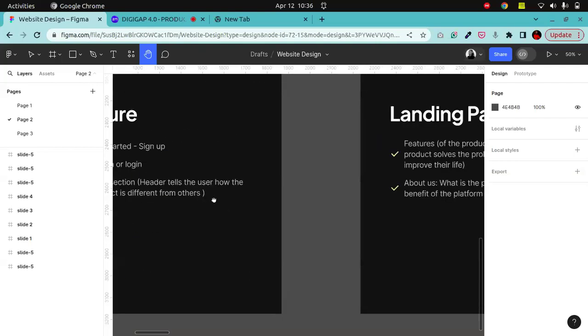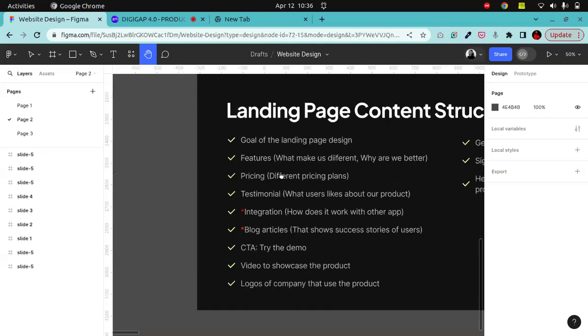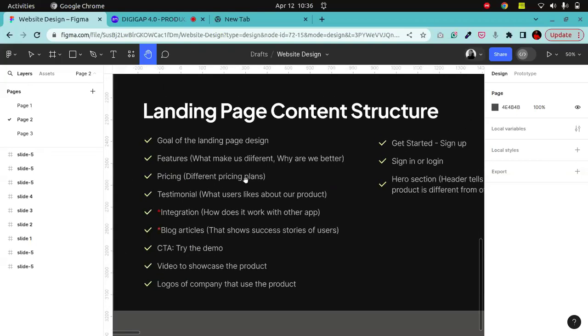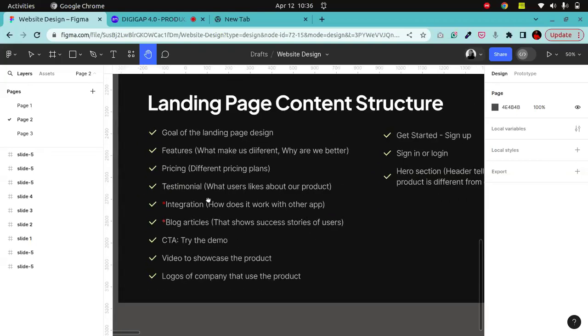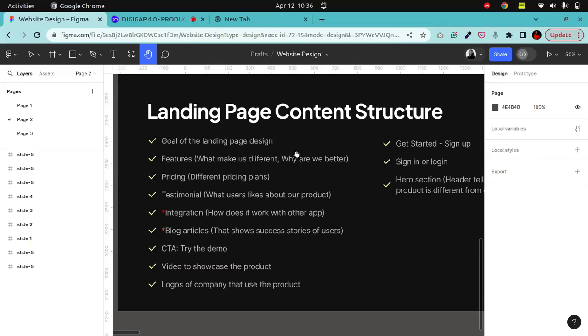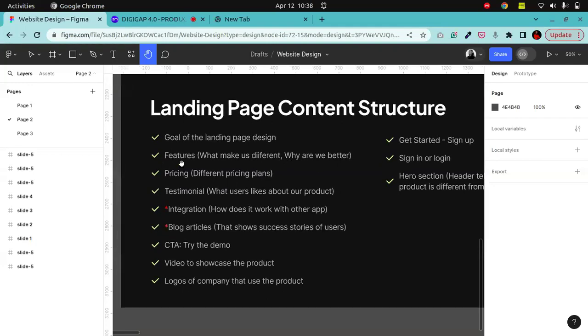Most times in your landing page or website design, you also have a testimonial section. When you are designing a testimonial section for a client, some of their businesses are just starting out, so they might not have testimonials from real people. It's up to you as the designer to look at most of their competitors and see what people are saying about them, then refactor